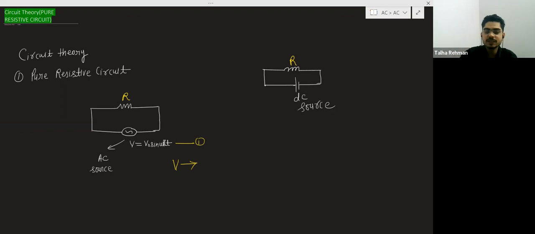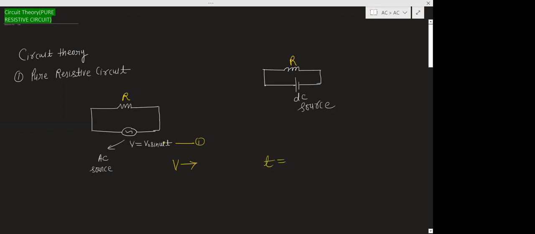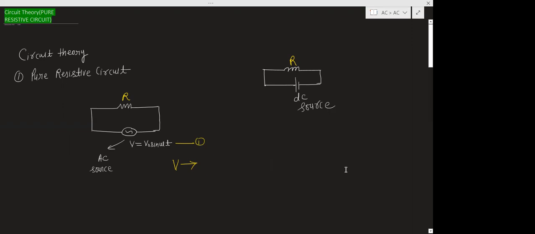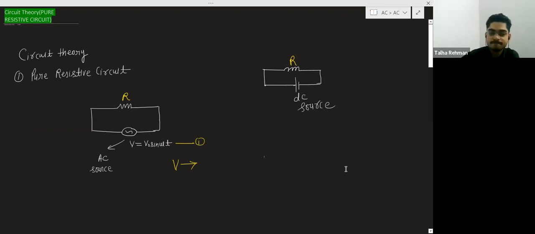If you take t is equal to 0, then always it will be t greater than 0. So time is moving in a forward direction. So what is V? V is the value of voltage at any instant of time